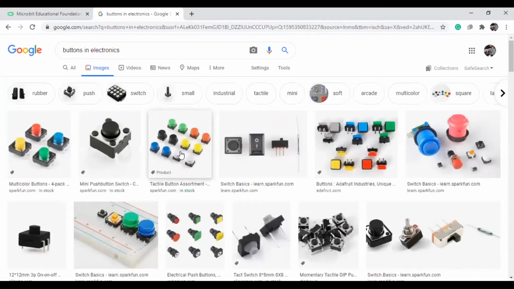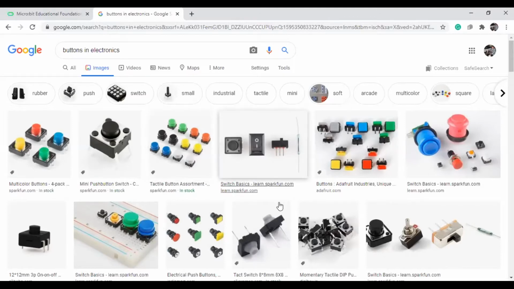Every time you want to save energy, what are you doing? You are switching off your light and your fan. Whenever you require some electricity, you switch it on. Switching on means nothing but closing the circuit. If you open the circuit, the flow of electrons will not pass, then there is no electricity. But if you close the circuit, the electrons will flow through the circuit, then electricity will be generated. So push buttons will open the circuit and close the circuit.